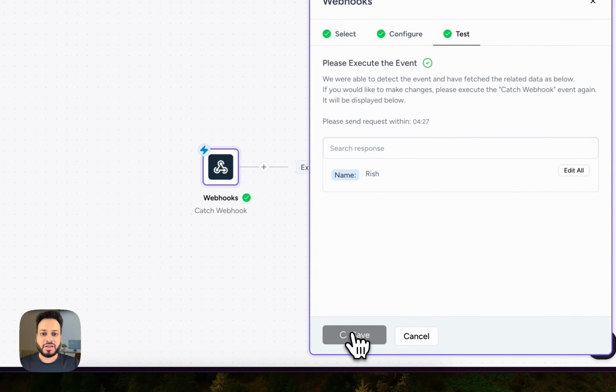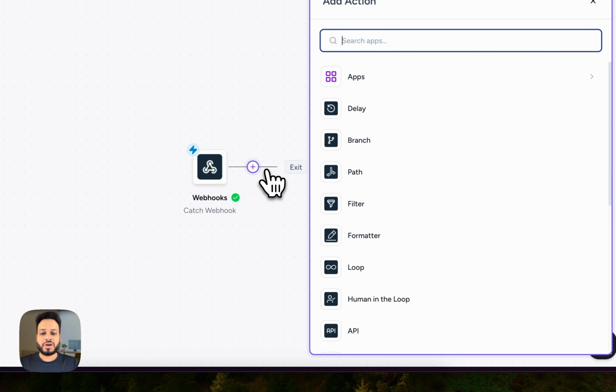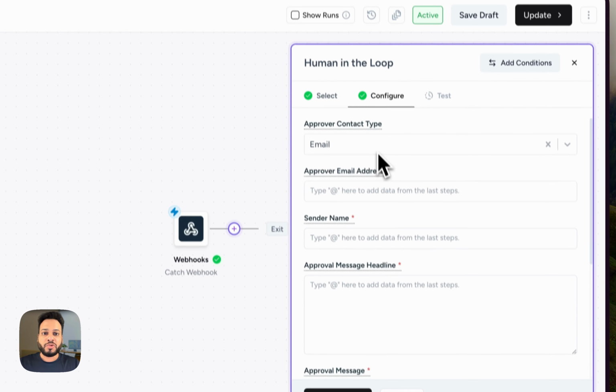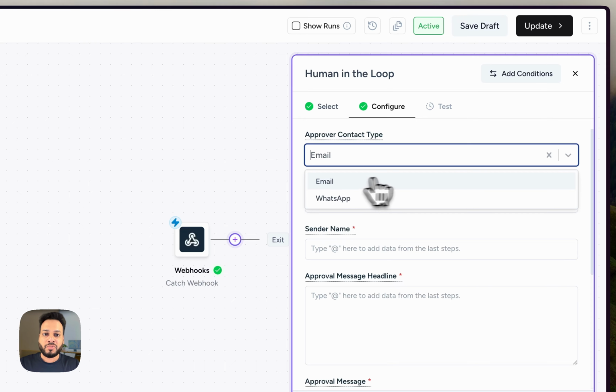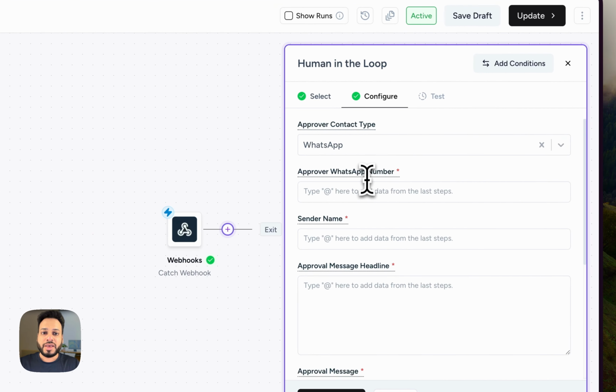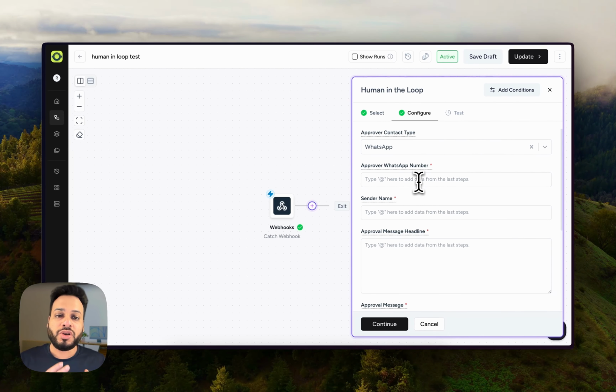Right? So this is done. And now I'm going to put a human in the loop node inside my automation. Now, if I click continue, it will give me two options. One is email and one is WhatsApp. Now, the point to note here is if I click WhatsApp, it would ask me to connect my own number